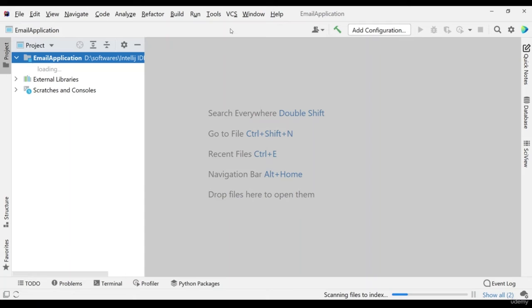It's showing the loading here, you can see. So wait for that scanning and indexing everything. It will automatically create all the folders related to our project.